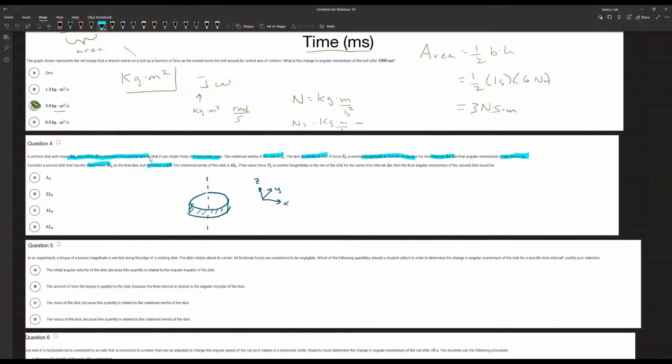So it's twice the radius. And the rotational inertia of this disk is going to be 4 I naught. If the same force is exerted tangentially to the rim of the disk for the same time interval, then the final angular momentum of the second disk will be